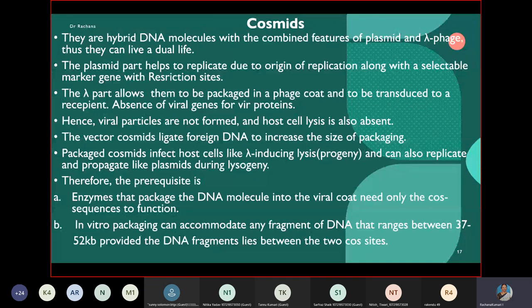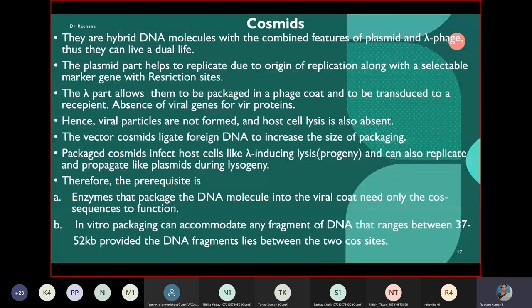So that was about the phage vectors, how the phages can be exploited for genetic engineering. So we started learning first about the bacterial plasmid. Now slowly we have also learned that not just the bacteria, even the phages can be used as cloning vehicles. And the advantage with phages is that we can introduce target DNA of larger size. So that is what is important.